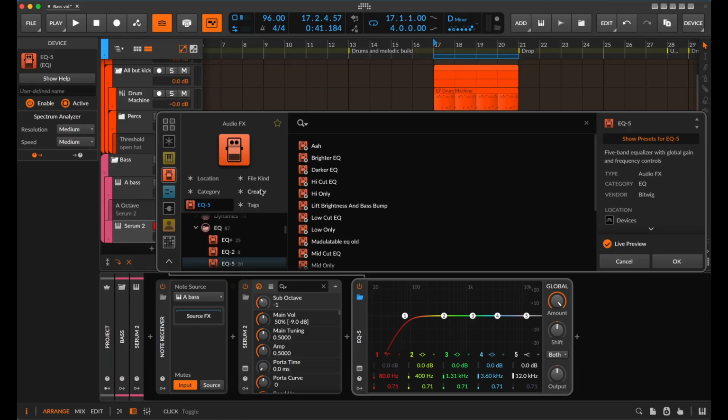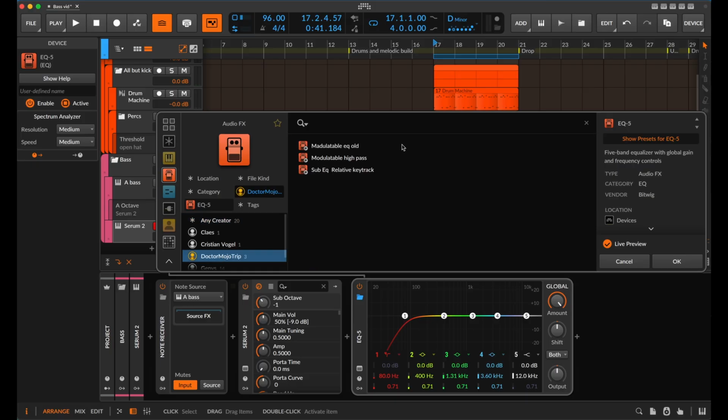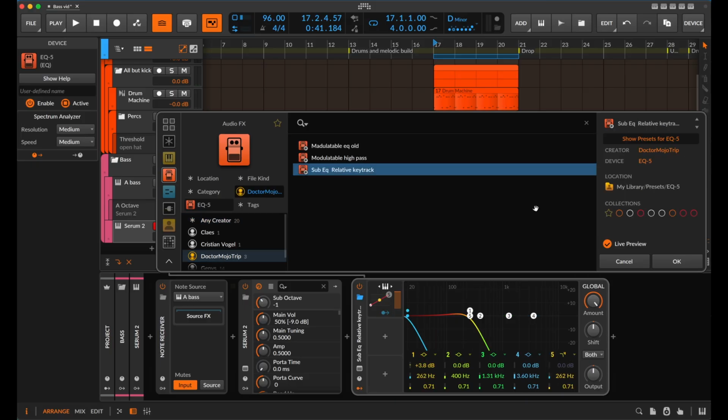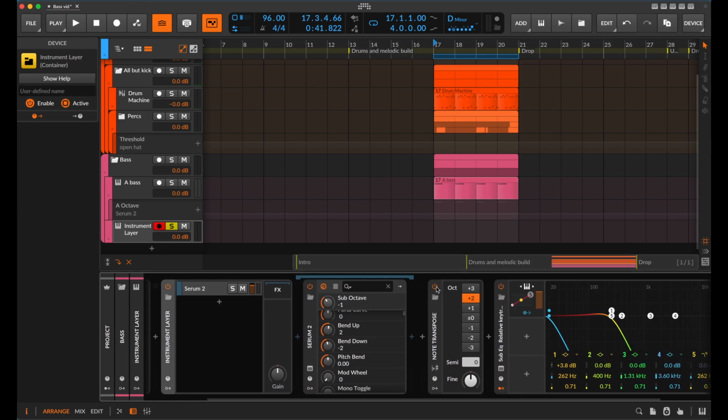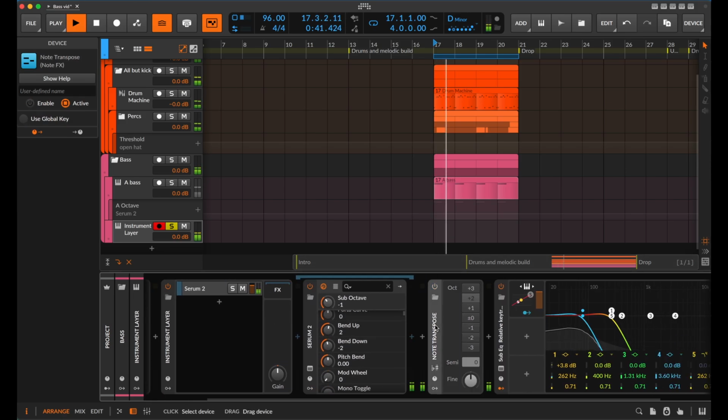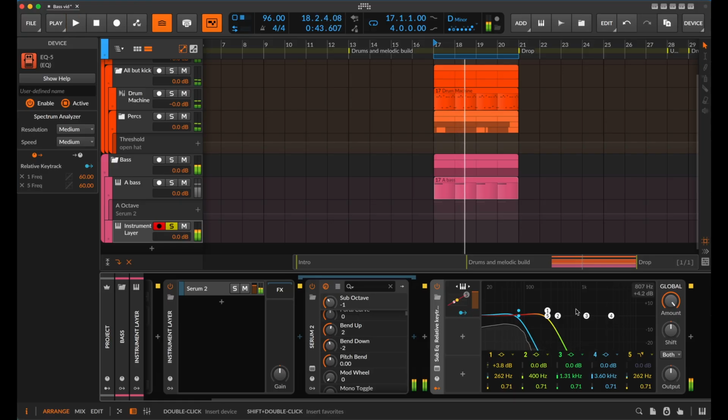Let's see. Here we go. And this also is not passing MIDI through. Maybe I don't need that. There we go. That's right. Okay. So yeah, to get the relative key track to this EQ plus EQ5 also, I need